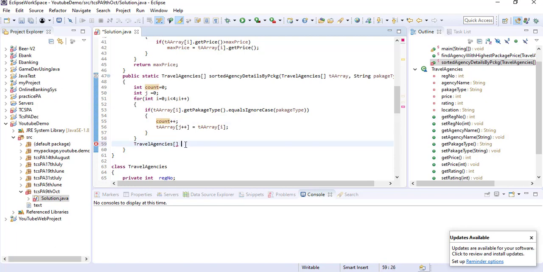Okay, so for TravelAgency, suppose I am giving the name as ta equal to new TravelAgency, and I am setting the maximum size as count. If there is no match, it will create an array of size 0. If there is one match, it will create an array of length 1. Okay, and after that I will check if count